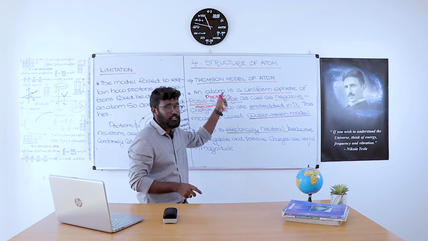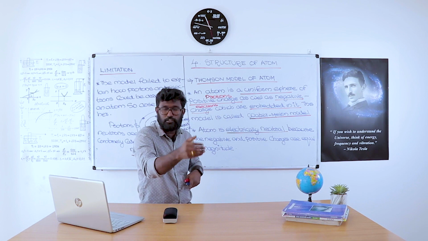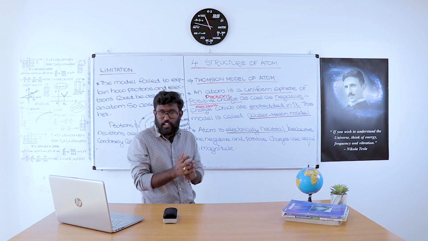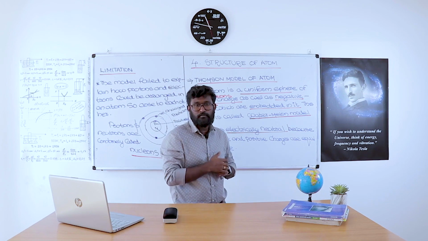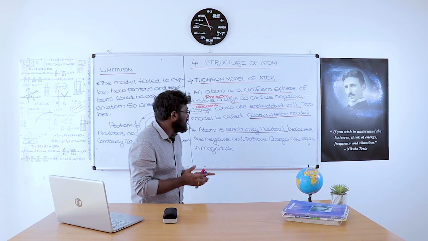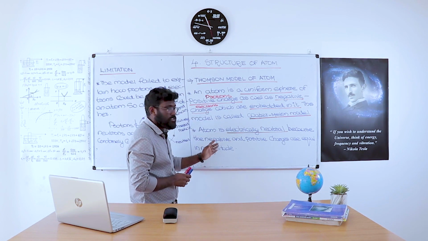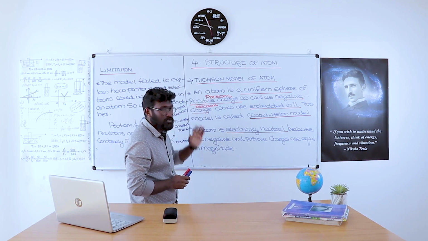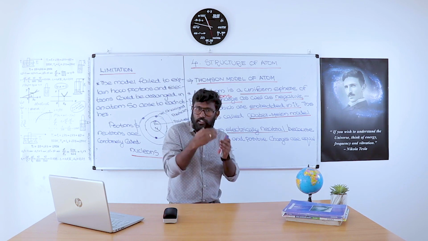Simply, J.J. Thomson says that inside the atom there will be a positive charge and a negative charge. If that positive charge and negative charge are of equal magnitude, then they cancel each other. Then we can say that atoms are electrically neutral. So these are the statements regarding the J.J. Thomson atom model. But later, after this atom model,